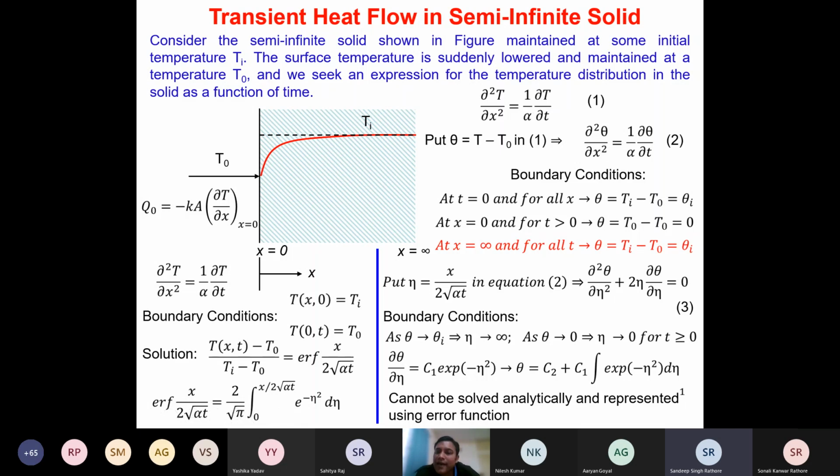Now in this equation, again, remember in the last class I said that in such cases where one of the dimensions is becoming infinite, you will not be able to solve this equation. Why? Because at what length your temperature profile becomes Ti, this particular length you will not be able to find out. So I can take x equals to infinity here also, isn't it? In between, when my temperature T becomes Ti, that length is